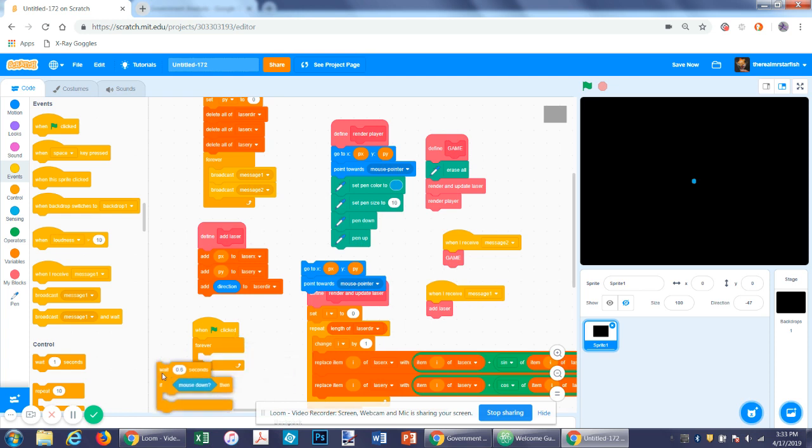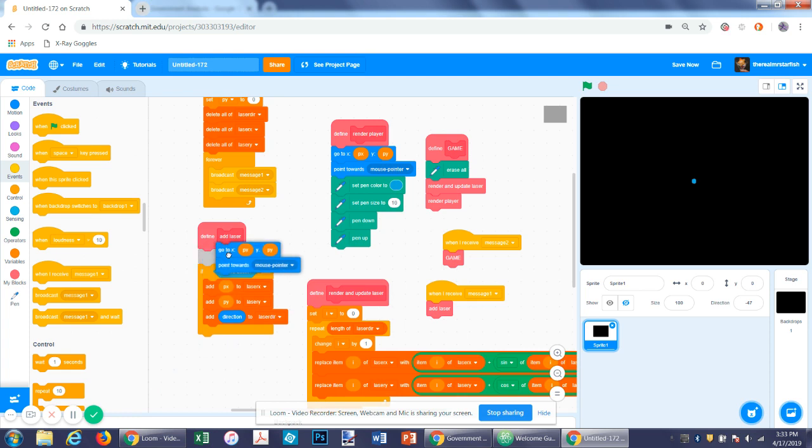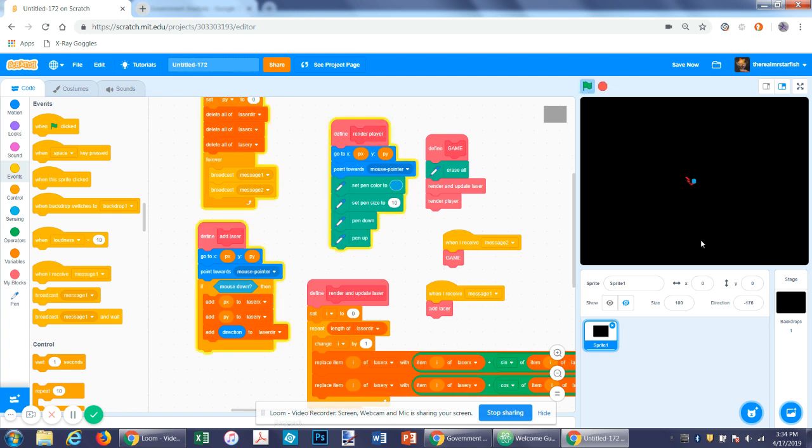Then let's move this to here. I'll do a delay function at the end. So now at the beginning it will do this. Then it just knows what the correct direction is. So then you can see